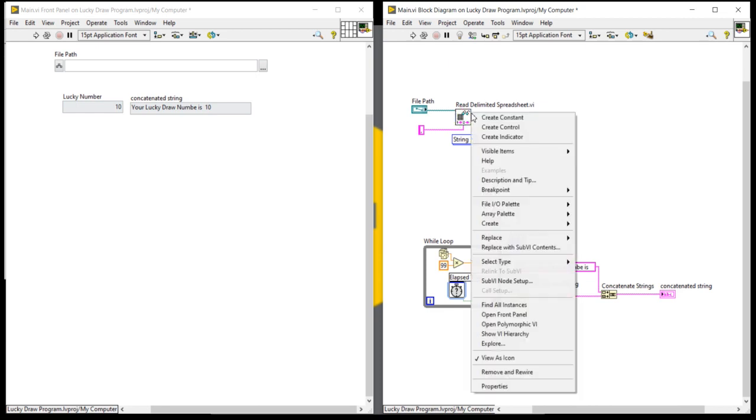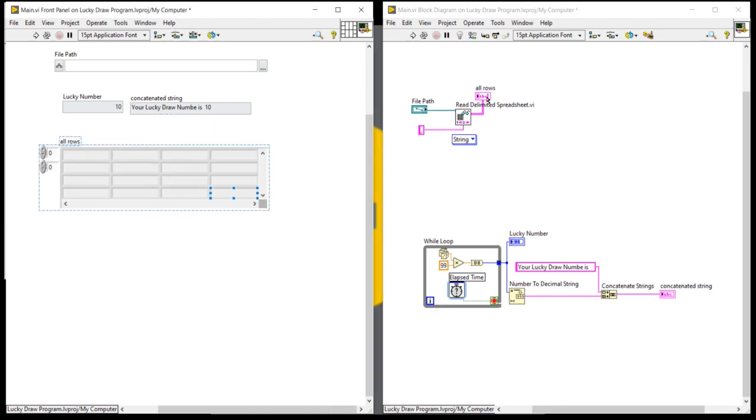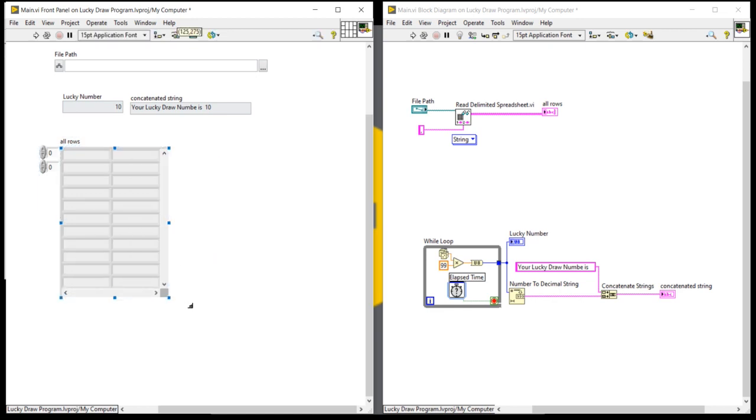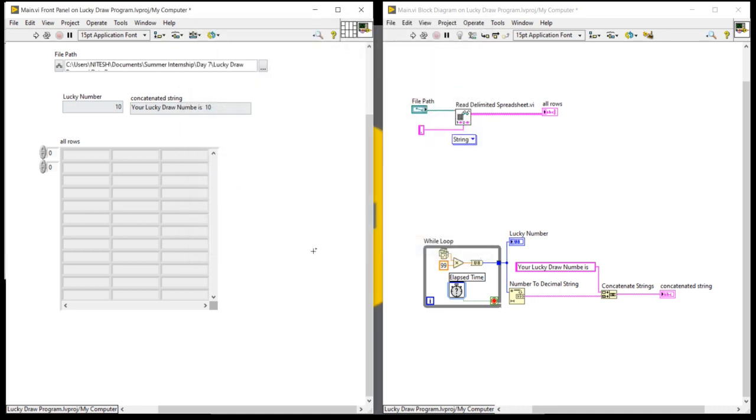If you want to check what kind of output it will display, you can create an indicator. Then you can browse the CSV file from your system. I am selecting this database. OK, and run.